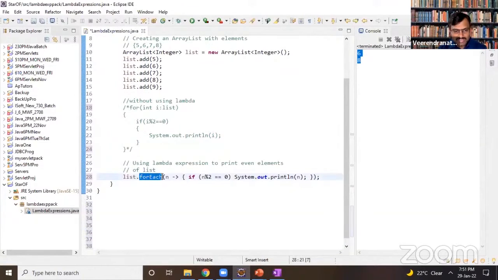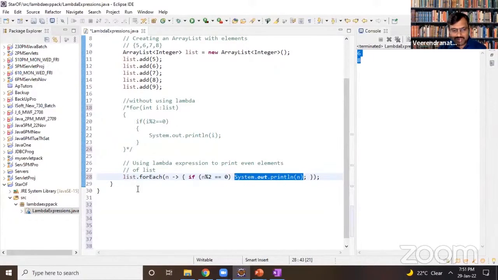So for each n, I will be validating n mod 2 equals 0. If n mod 2 equals 0, that value is to be printed.